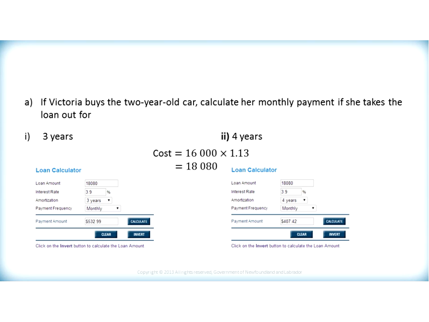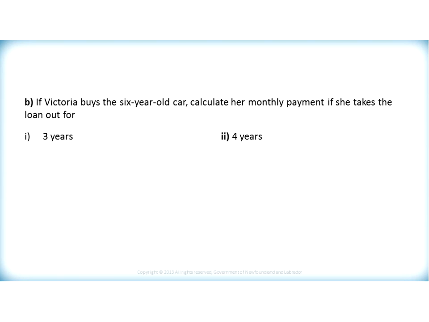We're going to look at our options for the 6-year-old car. So if Victoria buys a 6-year-old car, we're going to calculate her monthly payments if she takes the loan out for 3 years and for 4 years as well. So first, again, recall that the cost of the car is $9,000 plus 13% tax. So to find out how much the total cost is, we're going to multiply 9,000 times 1.13, which gives us a value of